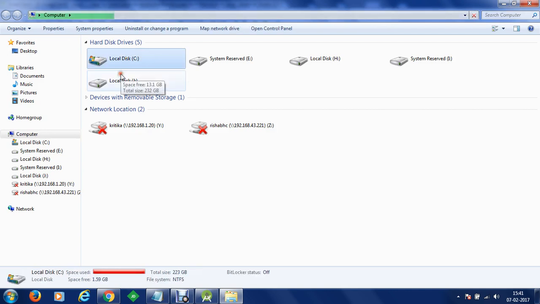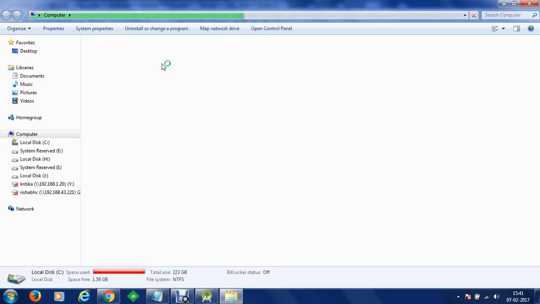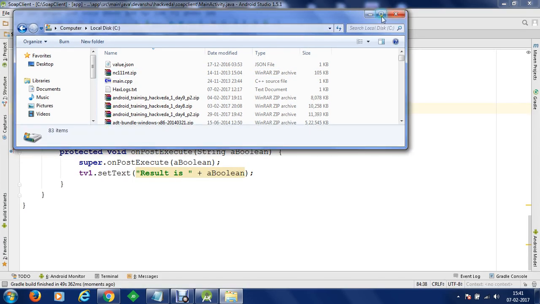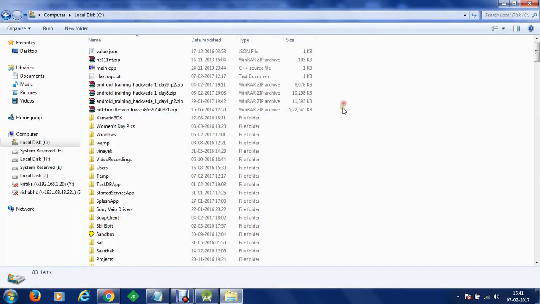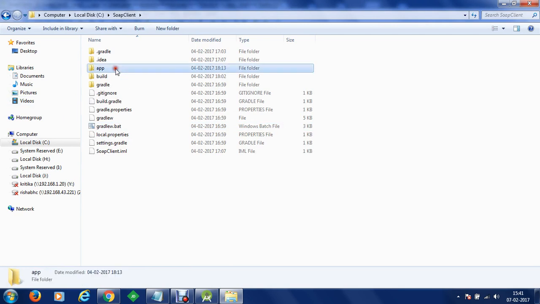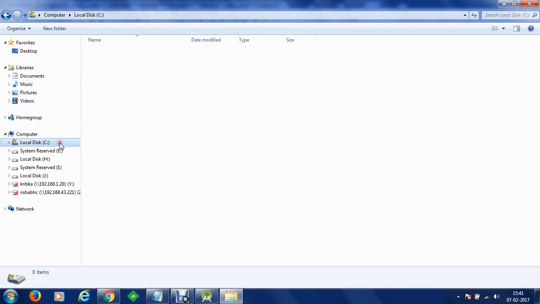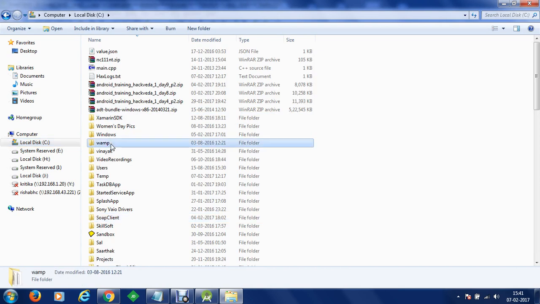This application source code will be available in the download resources part on your account. If you scroll down to the bottom, you can see a link to download resources and you can download the source code. So we'll go to the project SOAP client and within our app, we have an application known as soapclient.apk. So I'm going to analyze this application. Let's copy the application. We have a reverse engineering tools section, and you can download this from download resources on your account.